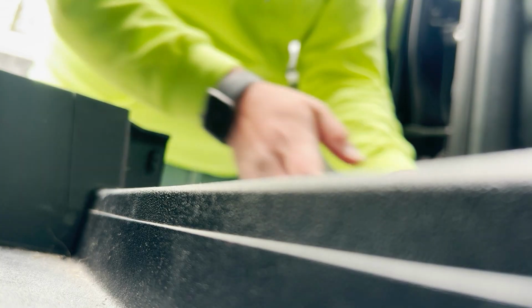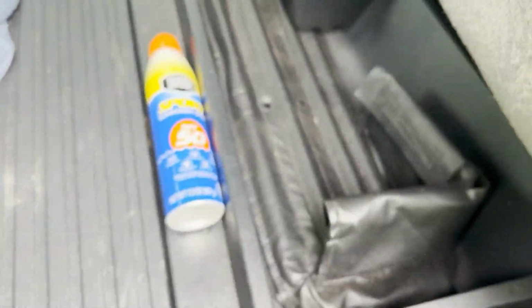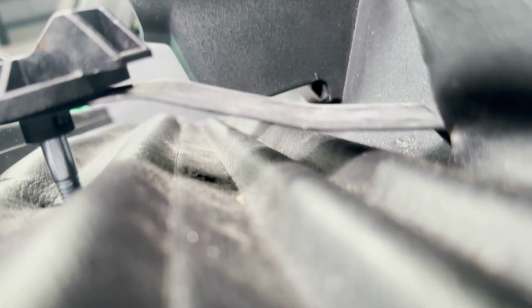Now, how does this go? Let's throw in the garbage here for a second. Let's show you. Something like this. Oh, you have this here, sunscreen support. And then you just take this guy and screw it down. Sorry guys, I don't know if you're gonna be able to see me do this, but